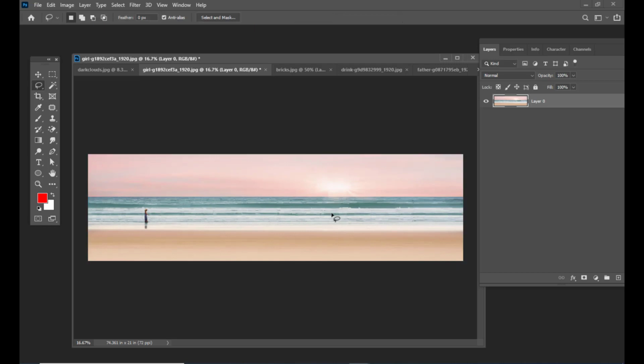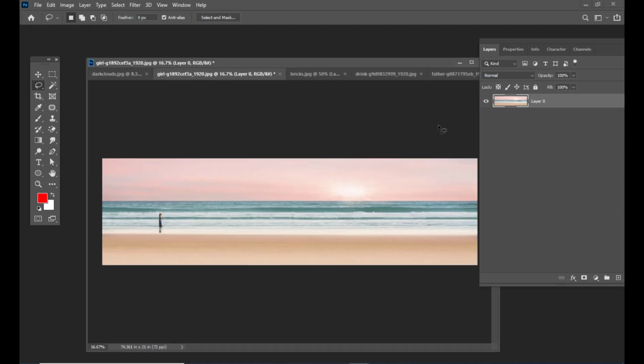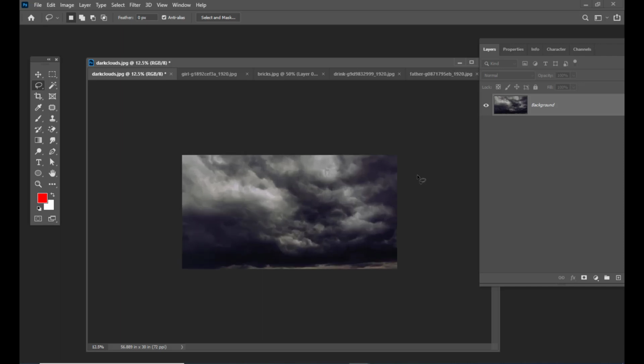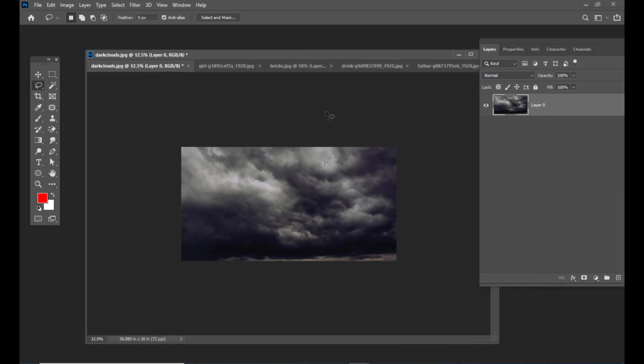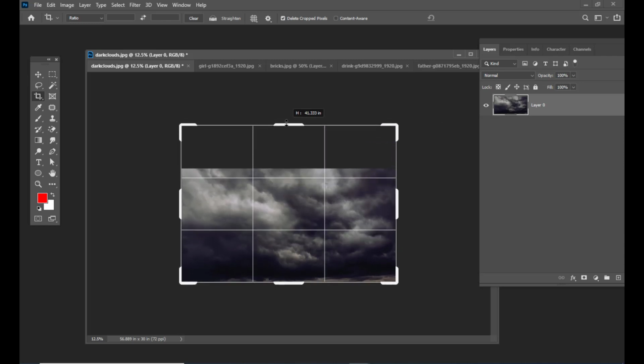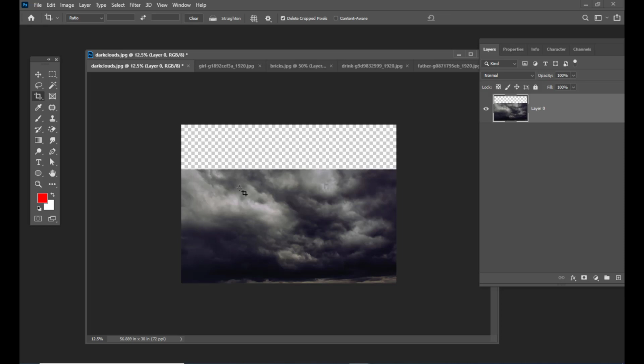We can use this technique to extend backgrounds such as beaches, and also to extend the sky. So we can simply unlock this background, and first I am going to extend this canvas. Now we can use both techniques actually.